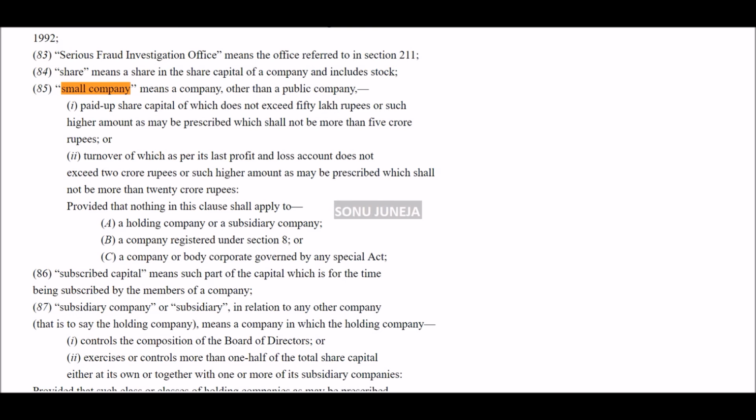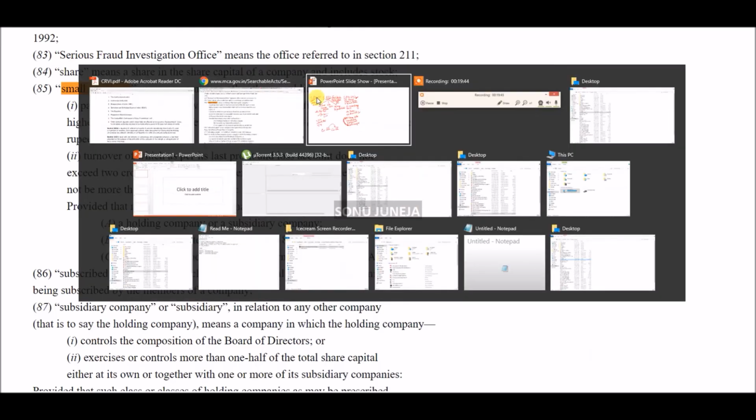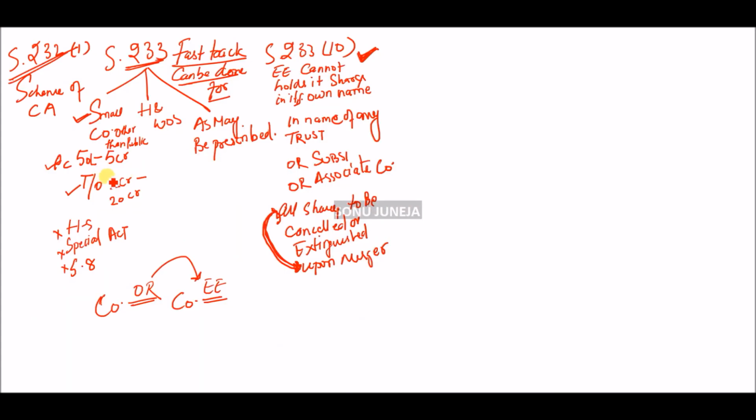टर्नओवर जो होगा लास्ट प्रॉफिट स्टेटमेंट डज नॉट एक्सीड 2 करोड़ रुपीज और सच अमाउंट नॉट बी मोर देन 20 करोड़ रुपीज। तो ये हो गई आपकी स्मॉल कंपनी। ठीक है, पेड अप कैपिटल आपका 50 लाख से 5 करोड़ मैक्सिमम जा सकता है, बट 5 करोड़ के ऊपर गई तो स्मॉल कंपनी नहीं है। सेम विद द टर्नओवर। उसके बाद होल्डिंग और होली ओन सब्सिडी, इनके बीच में मर्जर अमलगेशन एनसीएलटी की परमिशन नहीं चाहिए।